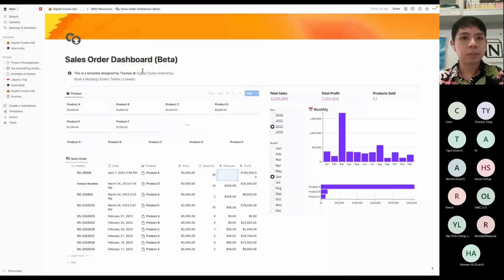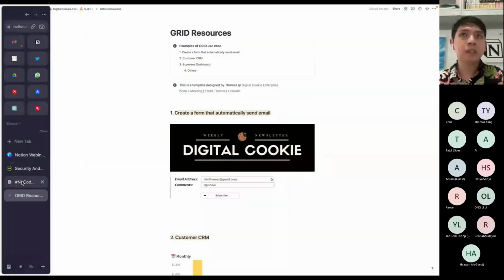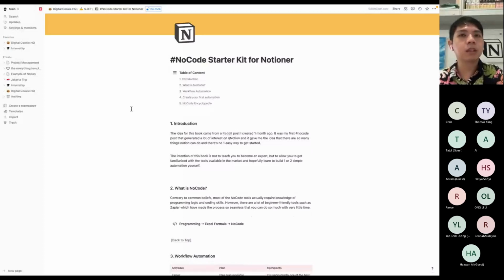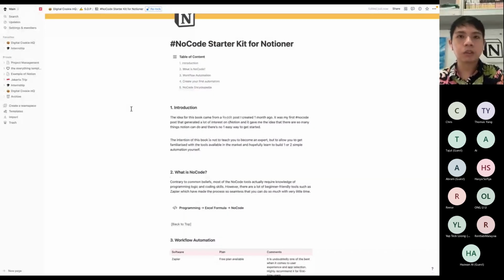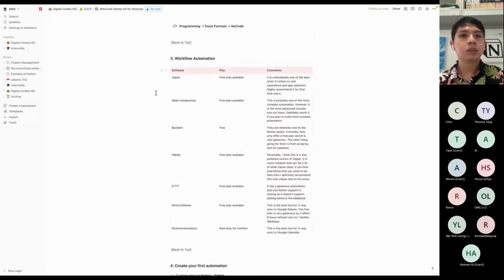And then, okay, so that's the example of creating grids using charts, right? And then another thing I want to share with you guys is more on automation. Previously I created a guide for people to get started using no code tools. I'm not sure if you guys are familiar with this term. No code basically means you don't need programming knowledge. The idea is that you use a lot of tools that are already built. For example, Zapier, which is one of the popular options. You can use Zapier to connect Notion to other different tools, for example Google Calendar, Outlook, Gmail, PayPal.